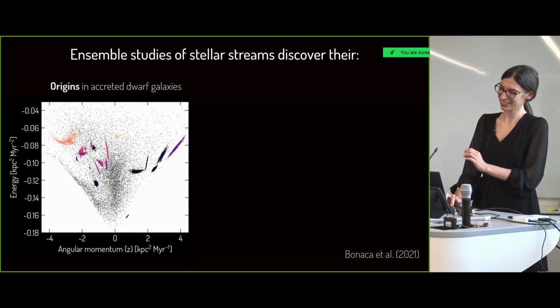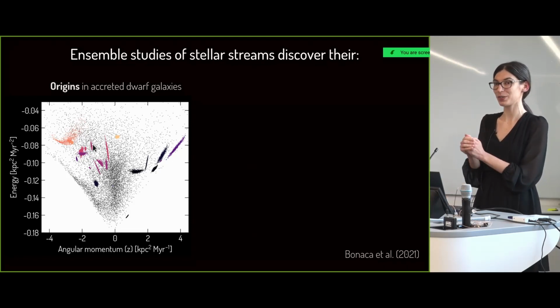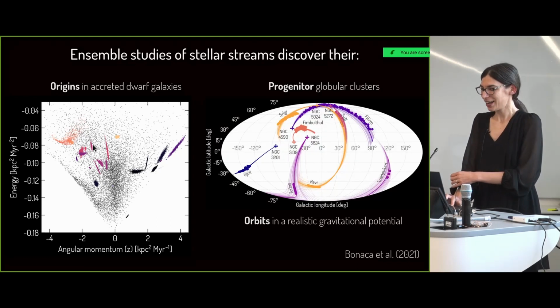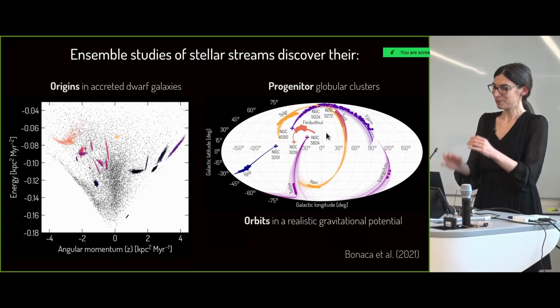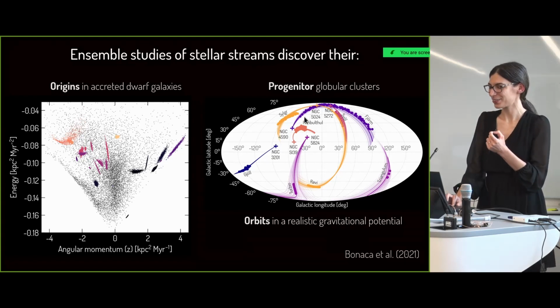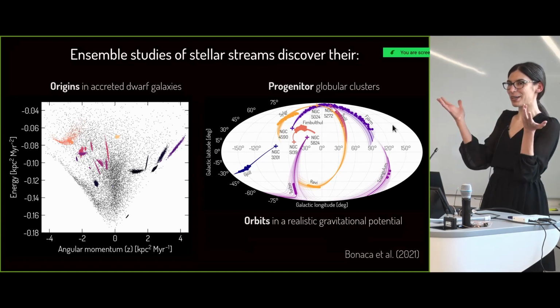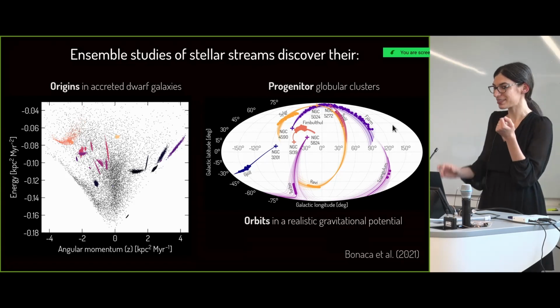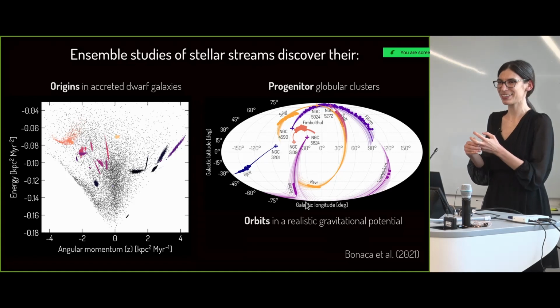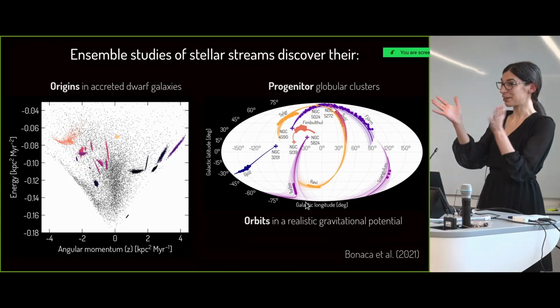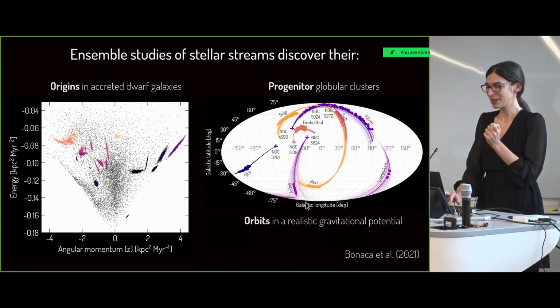Another thing that came out of this paper is that after plotting the stars in this diagram, we saw that some of them lay very close to the known globular clusters. And when we integrated orbits from these globular clusters, back or forward in time, depending on the cluster, we saw that they actually match a number of these stellar streams. And this was really puzzling because we expected the streams to connect all the way to globular clusters, but for a number of them, they just don't.